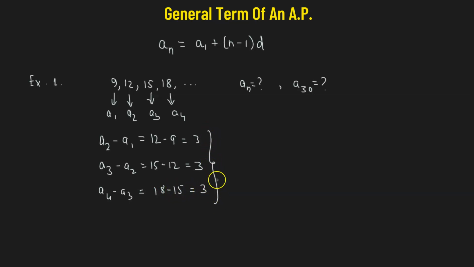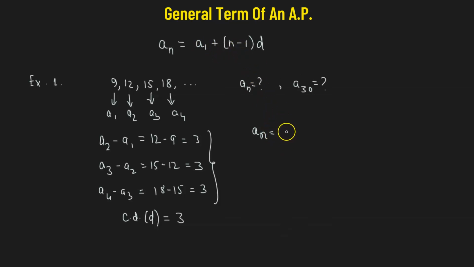In each of the three cases, we see that we have a common difference of 3, and this is going to be the same for the rest of the terms. So hence we can say that the common difference d has a value equal to 3. That means now we can represent our nth term. We know that the nth term is given by this particular formula, a1 plus